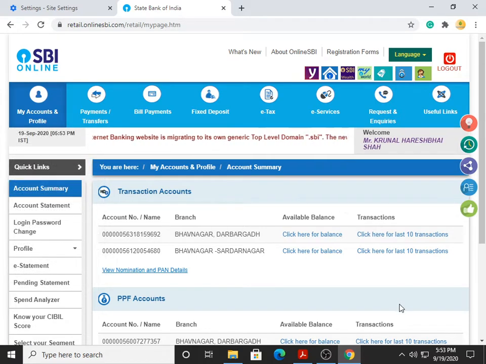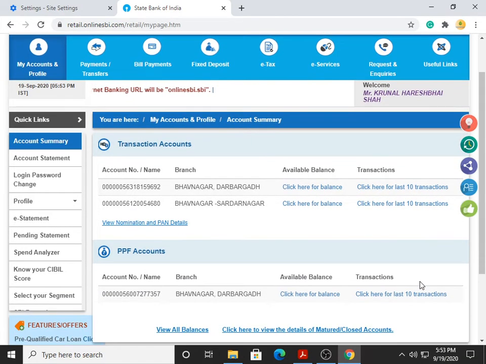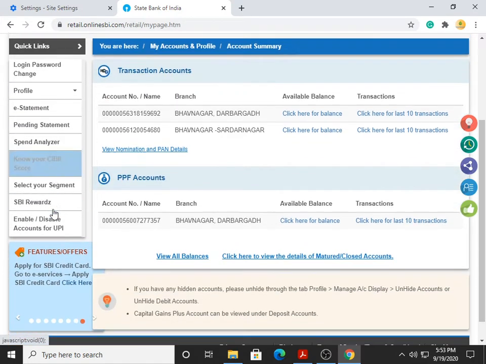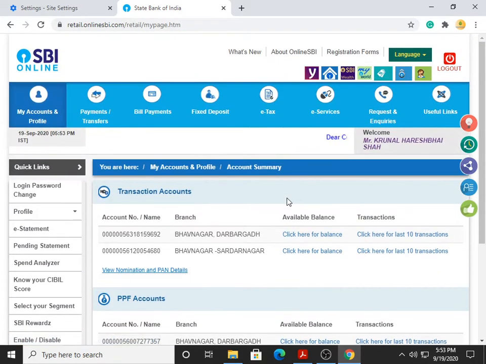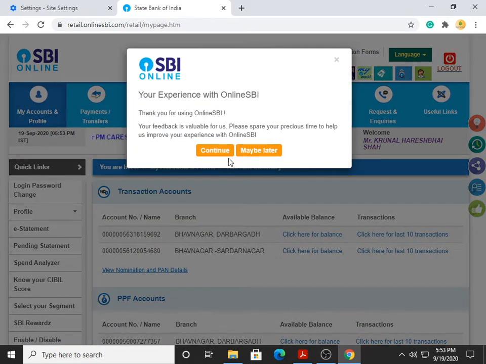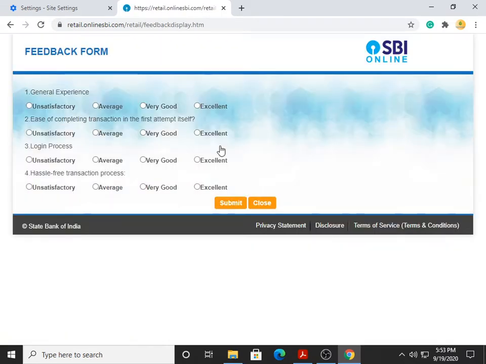You can see the last transactions very easily, all my bank accounts and other accounts and the available balance, everything is available on the screen. So this is net banking actually. Now why I'm showing this, you will come to know. The purpose is to make you aware that yes, it is working. And when my work is over, I have to click on log out. So if I click on continue, it will log out.